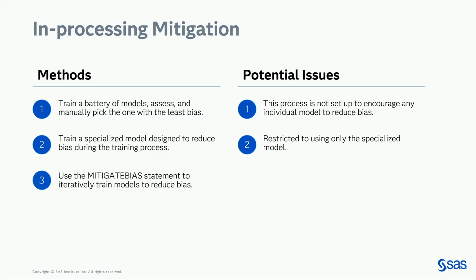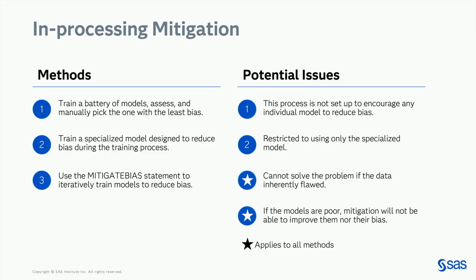So this is where I throw up what I'll be talking about for the last little bit here, this mitigate bias statement. We're adding a statement in some of the modeling procedures that we have here at SAS to give you an option to say, hey, I'm going to iteratively train that model under the covers and reduce the bias. I'll put the statement here, and you give it back. It'll still be the same model type that I'm used to, but the SAS system will have done work to mitigate the bias under the covers.